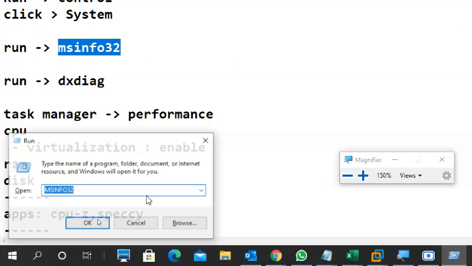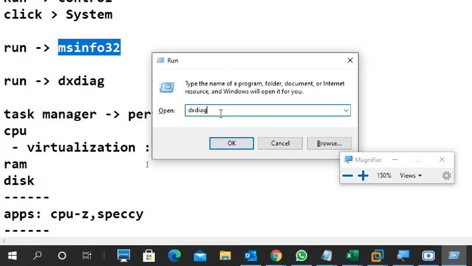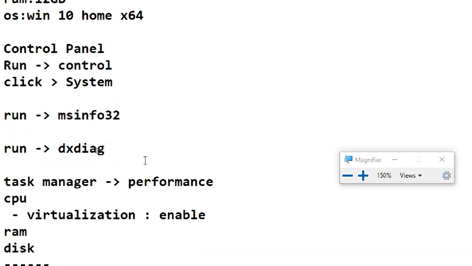Another option to get some information is using dxdiag from the Run command. Guys, if you don't know how to go to the Run command, no problem, just practice Windows R. Maybe some people really face difficulty even going to Run.